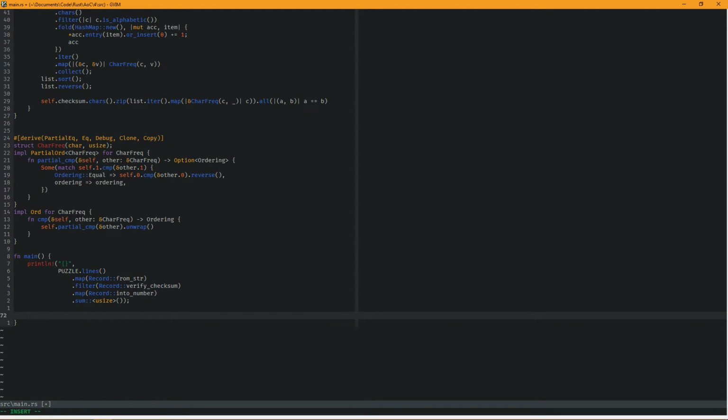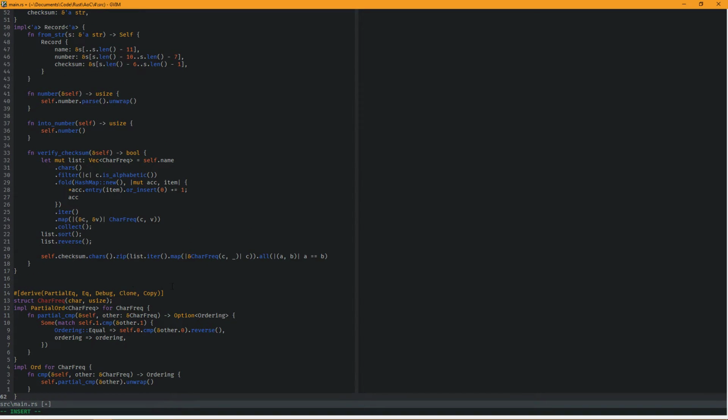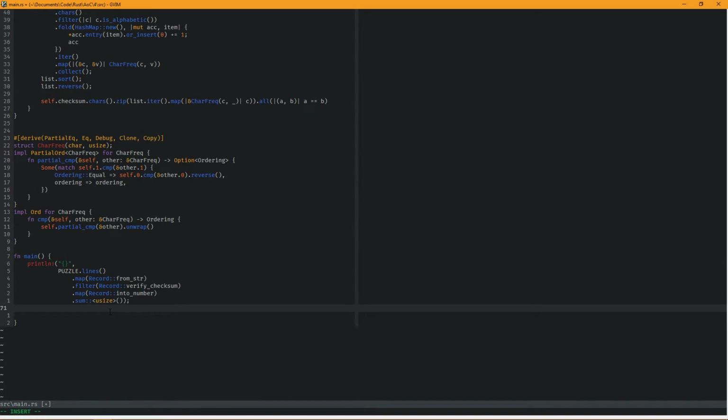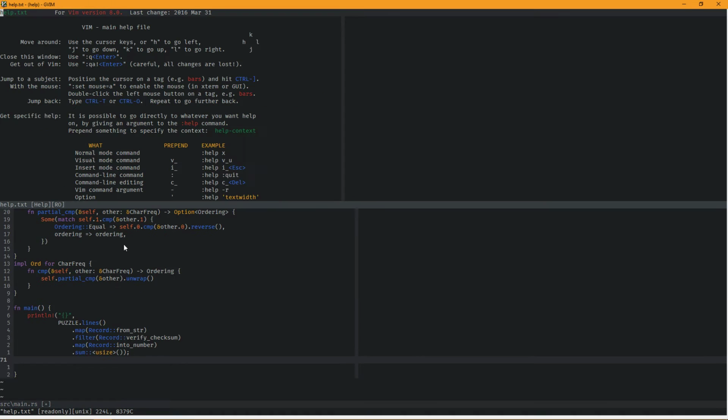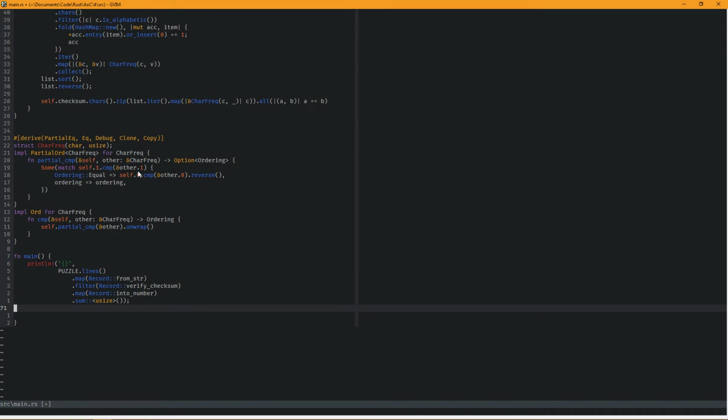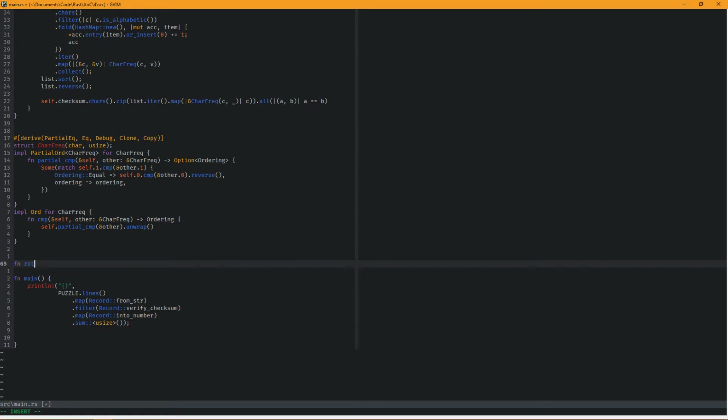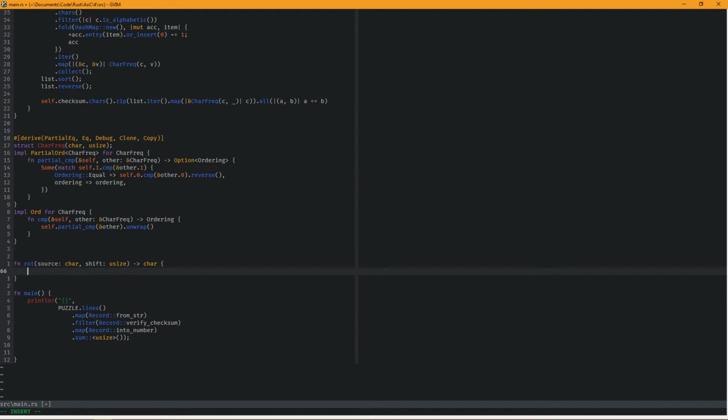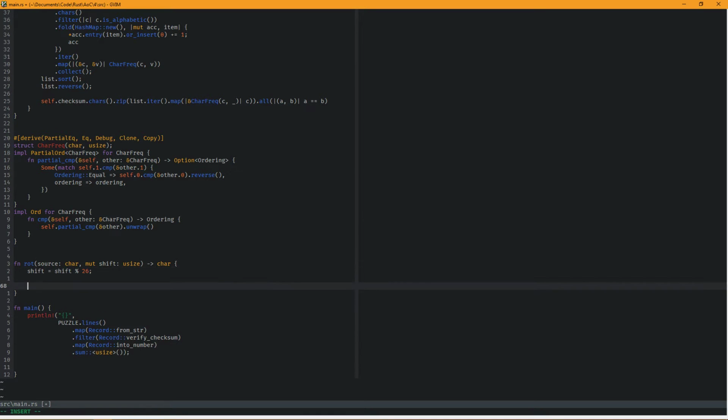Next on the chopping block, then, we need a rot function that maps a char onto a char. Fn rot, source char, shift usize, output char. Shift equals shift mod 26, char as usize plus